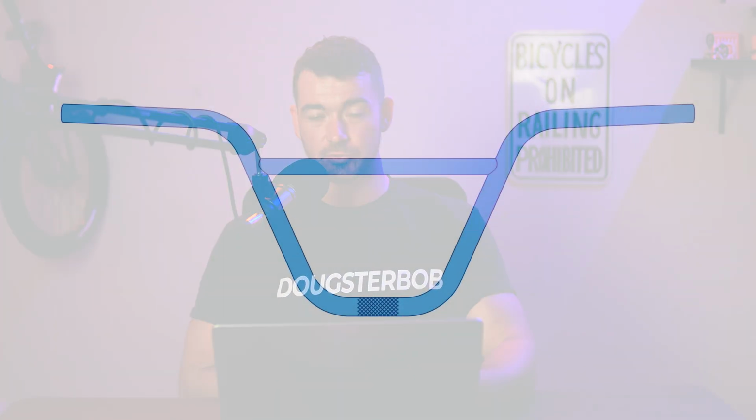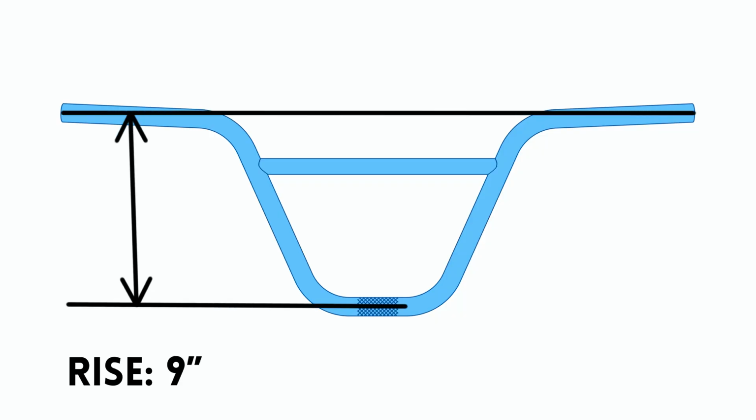This isn't a really short one by today's standards. It's average, so you don't have to worry about it too much. Just know that it's 3 millimeters shorter than the other Subrosa bikes. The bars on this bike have a 9-inch rise, which to me, with this bike being